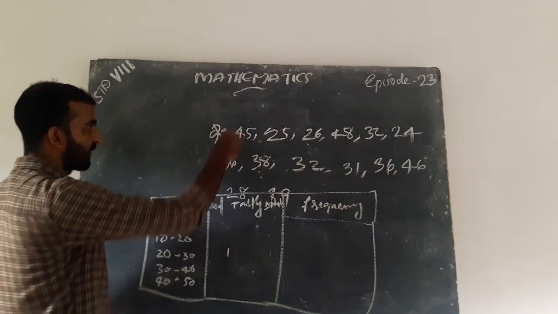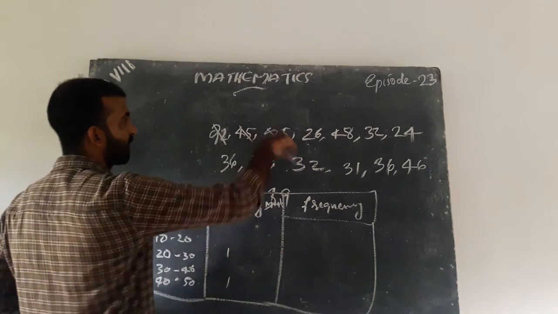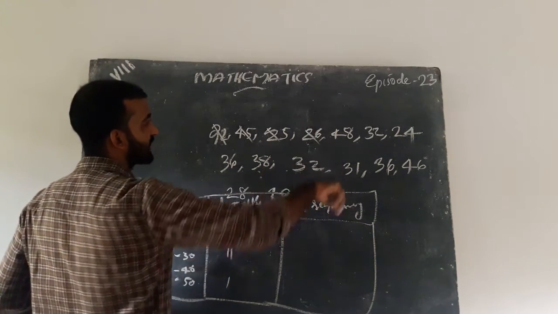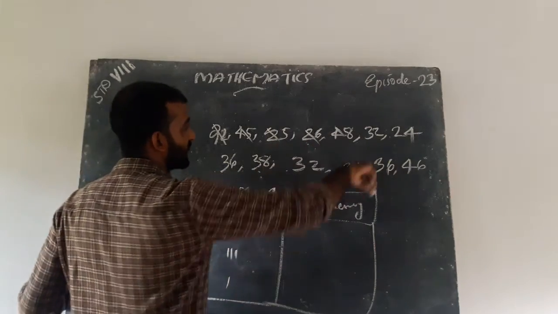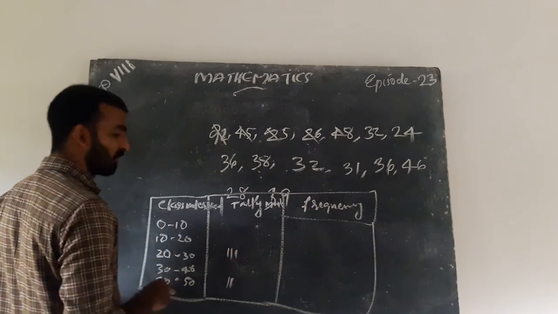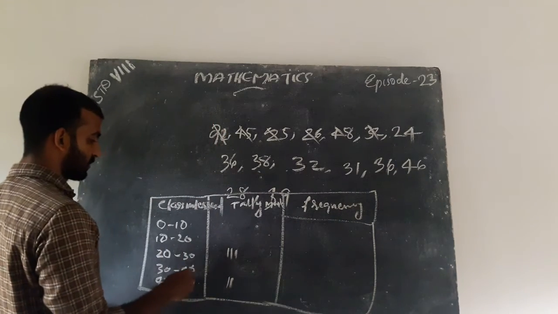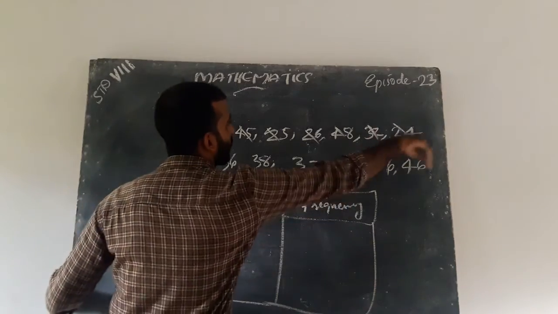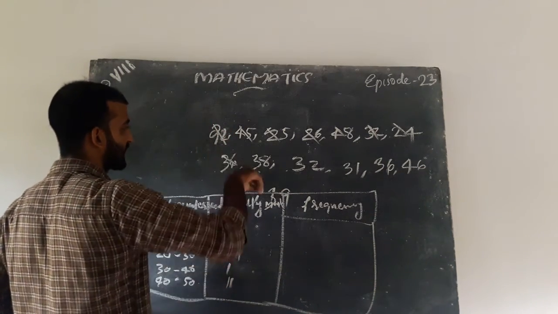And 45 is 40 to 50, and 25 is 20 to 30, and 26 is also 20 to 30, 48 also 40 to 50, and 32 is 30 to 40, and 24 is 20 to 30, and 36